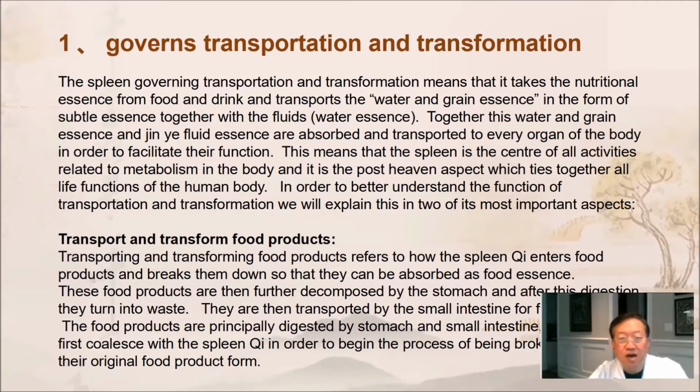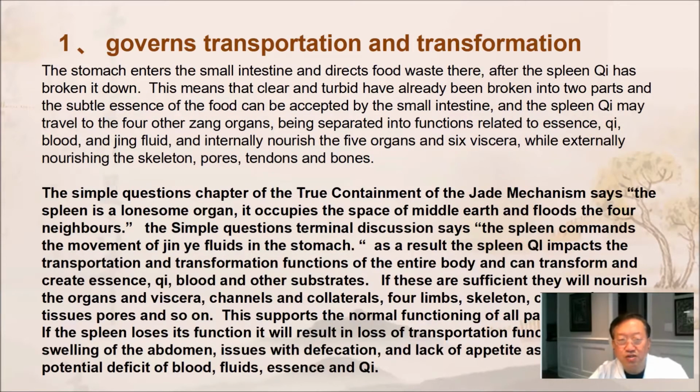The food products are principally digested by the stomach and small intestine, but they must first coalesce with the spleen qi in order to begin the process of being broken down from their original food product form. The stomach enters the small intestine and directs food waste there, after the spleen qi has broken it down. This means that clear and turbid have already been separated into 2 parts, and the subtle essence of the food can be accepted by the small intestine, and the spleen qi may travel to the 4 other zang organs, being separated into functions related to essence,